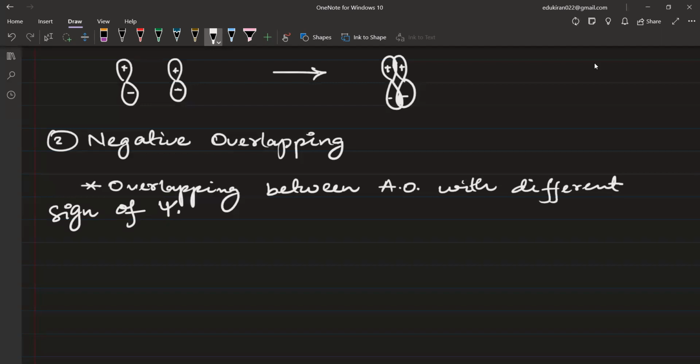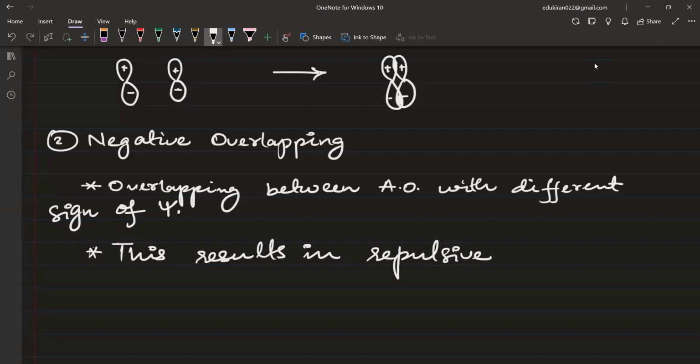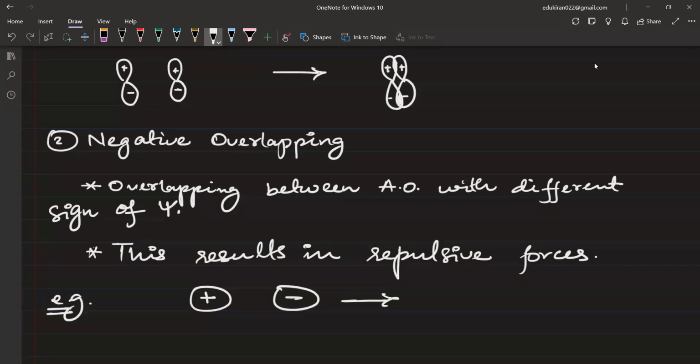This results in repulsive forces. For example, we have positive, negative. When they are going to overlap with each other,